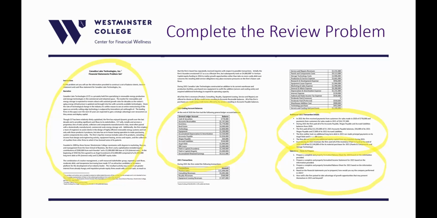While it's not necessary to pass any given quiz and have that score become part of your score for this course, it is necessary to pass the review problem. And unlike the quizzes where you have multiple attempts at them, you have one attempt at the review problem. Now, the review problems are fairly self-explanatory.